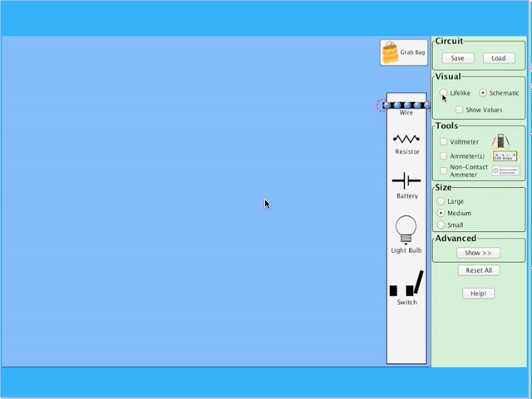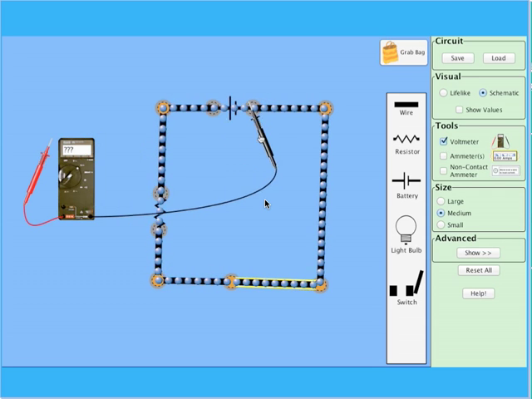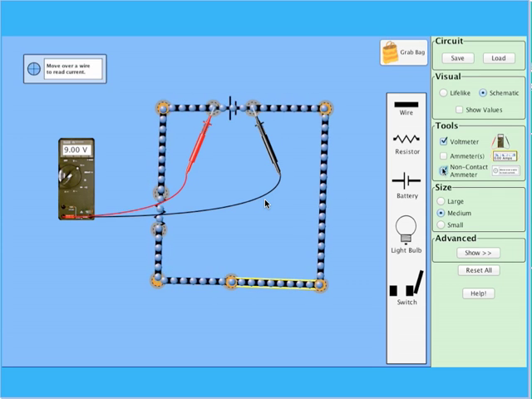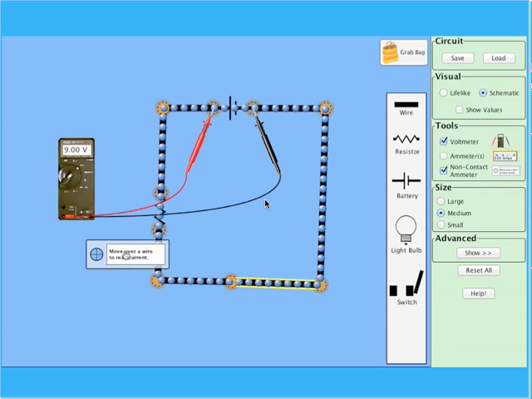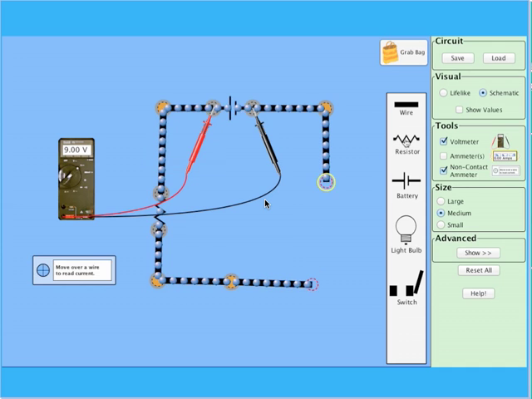Let's move now to our open access simulation courtesy of the good people at PhET, Colorado, and let's set up a series circuit with a battery, one resistor, a simple circuit with one resistor and one battery, 9 volts measured across the circuit, voltage being measured across. And now if we put our ammeter to measure current through, we see that there's a current of 0.9 amps through